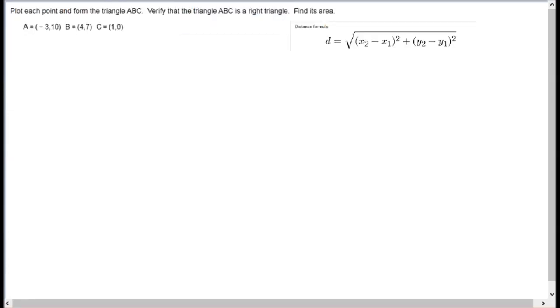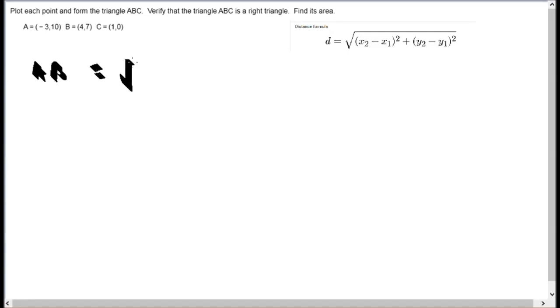Alright, again, we're going to be using the distance formula here to verify that the triangle is a right triangle and then find its area. Basically what we're going to do is find the distance between all 3 points using this distance formula over here. So if I want to look at the distance between A and B, then